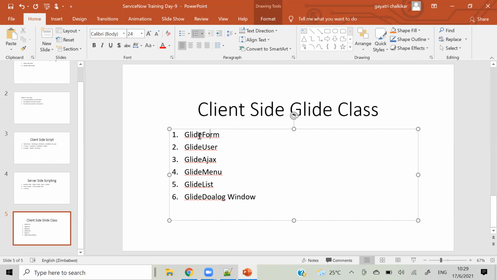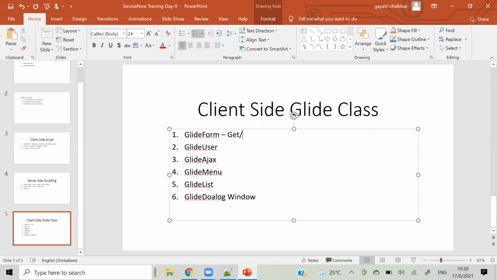Using Glide Form, we can access all the fields we have on our form, and we can get data or set data. For example, we have a short description field on the form. If you want to get data from that field or set data to that field, we can use Glide Form and perform that action. So that is a simple example.